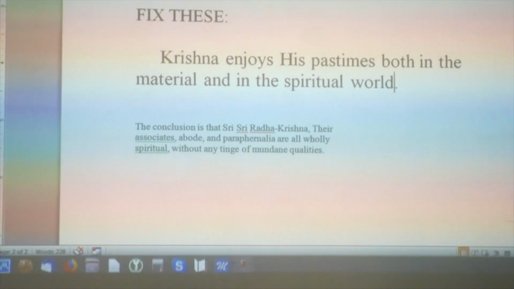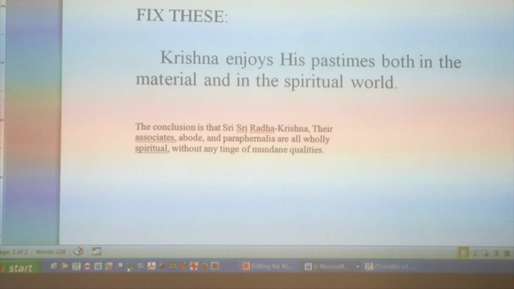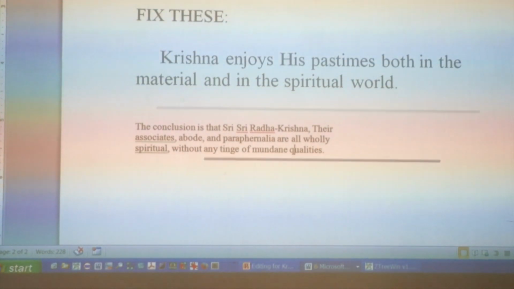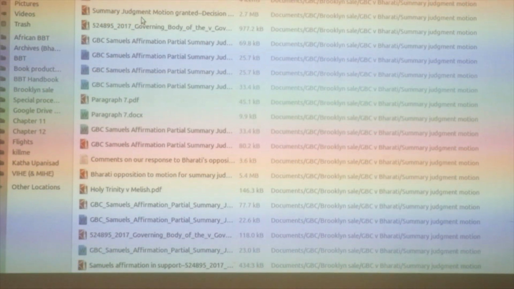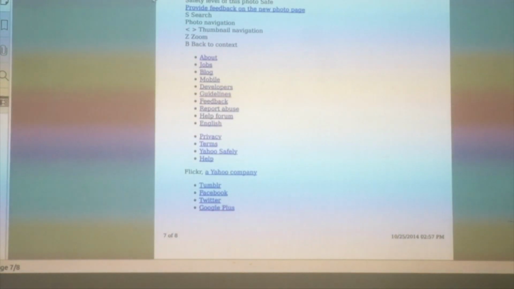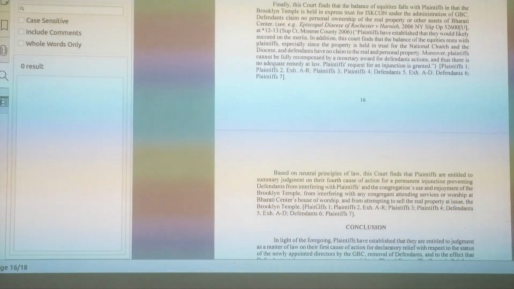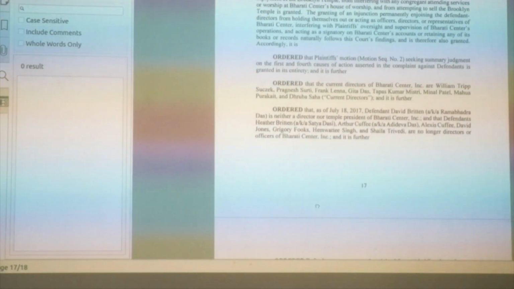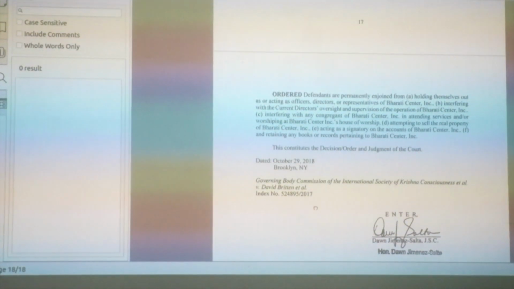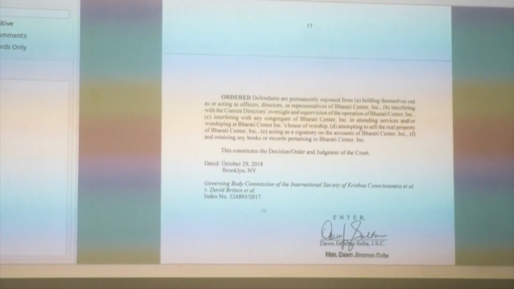I'll give you another example. It just came to my mind. There was a court decision that just came down in America favoring the GBC, happily. This is the decision of the learned judge. GBC has jurisdiction over Bharati Center. And watch this one carefully. Defendants are permanently enjoined from A, holding themselves out or acting as officers, directors, or representatives of Bharati Center, Inc.; B, interfering with the current director's oversight and supervision of the operation of Bharati Center, Inc.;